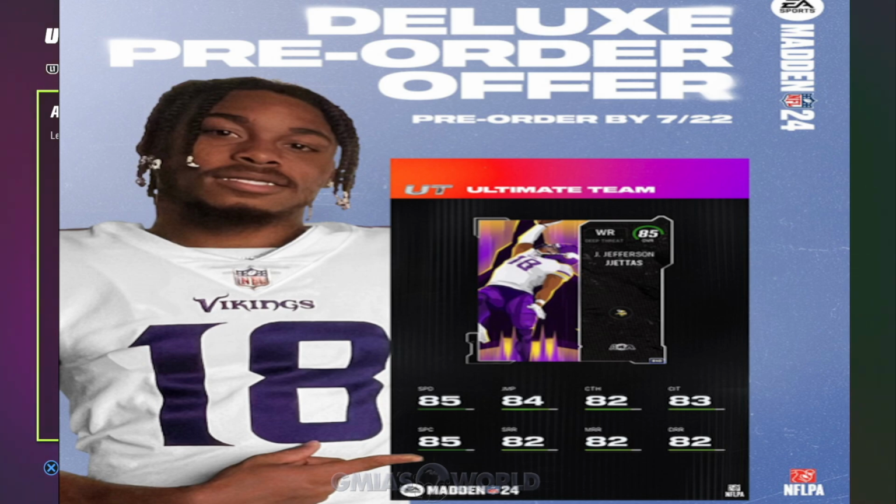So 85 speed or 88 speed, 88 is EA's number one speed. Those speeds are going to be pretty much the norm, the 85 to 88. Tyreek Hill and a couple other players, maybe a few legends at launch, will be around 90, 91 with chems. So 85 speed at launch is not bad, but he won't be a guy that's a go-to as far as